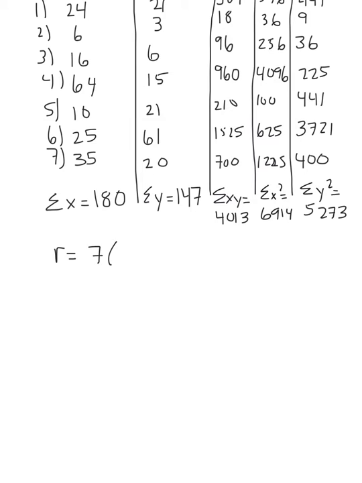So our sample size n times the sum of xy, which is 4,013, minus the sum of x, which is 180, times the sum of y, which is 147,